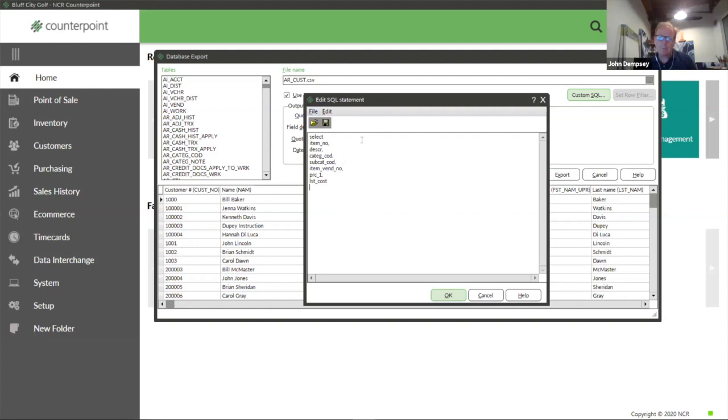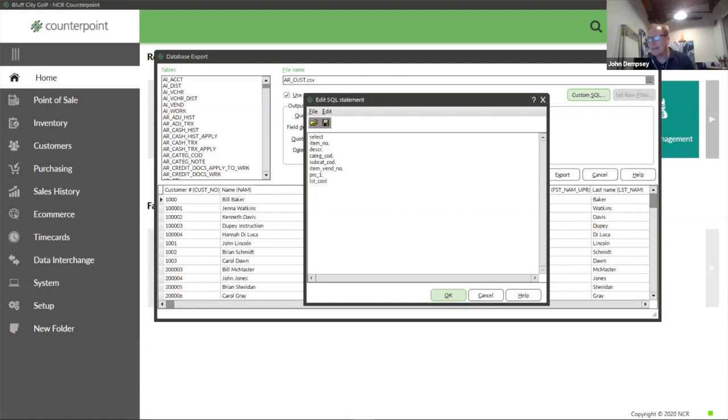But so as I'm building my query, I've got my select statement saying, here's what I want to see. And then I've got a list. Picture this is the grocery list. Here are the things that I want. I want milk, bread, eggs, lettuce, tomatoes, and a frozen pizza. In this particular case, I'm asking for the item number, the description, category, subcategory, the vendor number, selling price, and my last cost. So as I build my select statement, I've got the word select, I've got my grocery list,